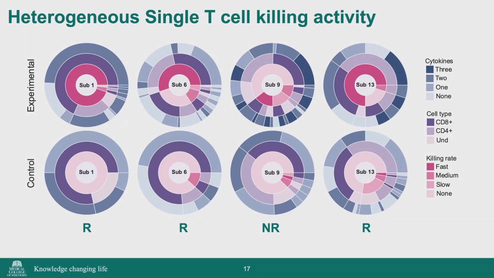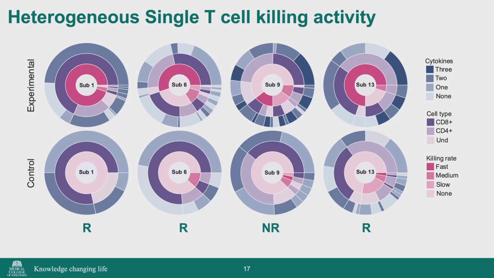Now, one thing that was rather surprising was if you look at the most outer circle, there were differences in terms of the different cytokines that were being produced. Now, whether the CAR T cells produced 1, 2, or 3 cytokines didn't seem to have as strong of a correlation with clinical outcome. But what was interesting in the one patient that was a non-responder in this initial cohort,